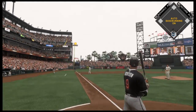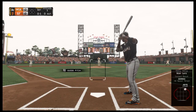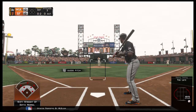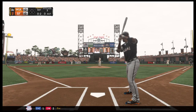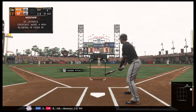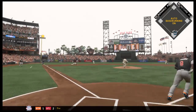And here's a ball hit in the air. And this will fall, but it's a foul ball. 107. Cain into the windup, coming at him with the 0-1. And boy, this at-bat is not starting off well as he's behind 0-2 now. Eric Karros, this Giant ball club, as they begin play here this afternoon. They've been on the skids recently, losers in 7 of their last 9 ball games. And that includes losses in the first 2 games of this series, so they just need to have something positive